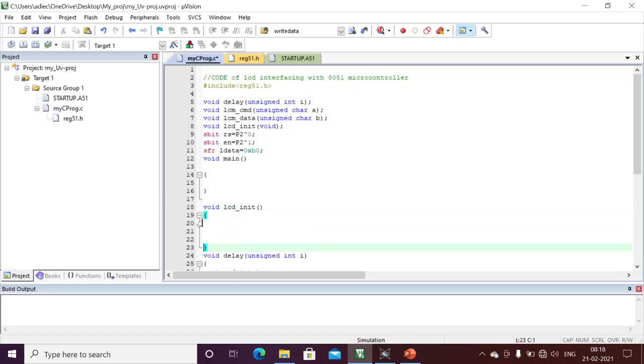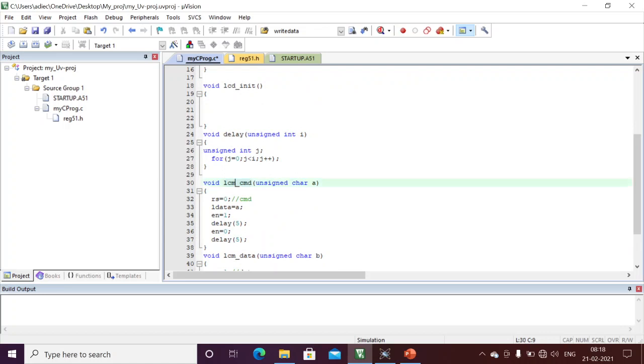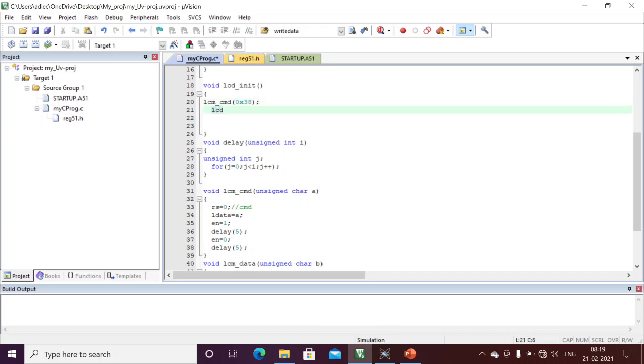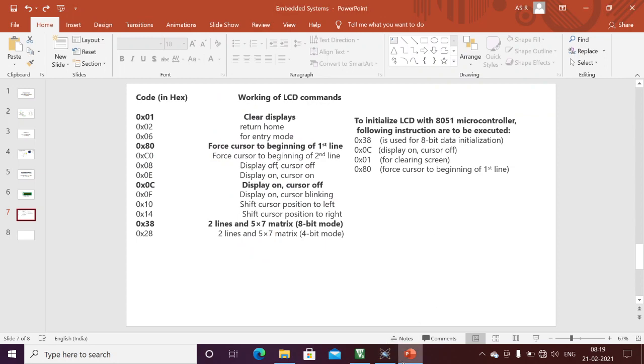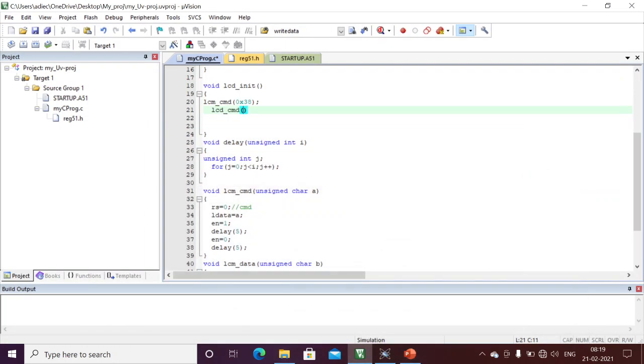Here I will pass the LCD command of 0x38. For example, if I want to use the 8-bit mode, I can just pass 0x38. If I want to use the 4-bit mode, we need to pass 0x28. Next LCD command: 0x0C means display on. If I want to turn on the LCD display, only then can I display something on the LCD; otherwise we cannot display.